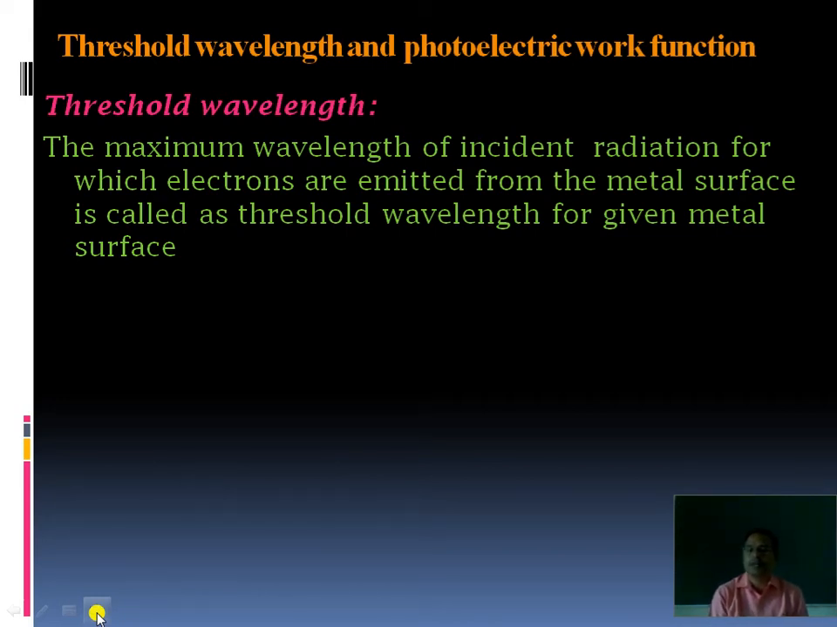It is represented by nu 0. This is represented by lambda 0. So it is the maximum wavelength of incident radiation. Frequency and wavelength are inversely proportional to each other. For minimum frequency, there is maximum wavelength. So the maximum wavelength of incident radiation for which electrons are emitted from the metal surface is called the threshold wavelength for the given metal surface. So this is the definition of threshold wavelength. In other words, you can define this as the wavelength of incident radiation at and below which